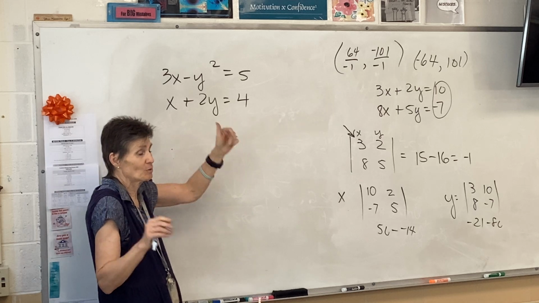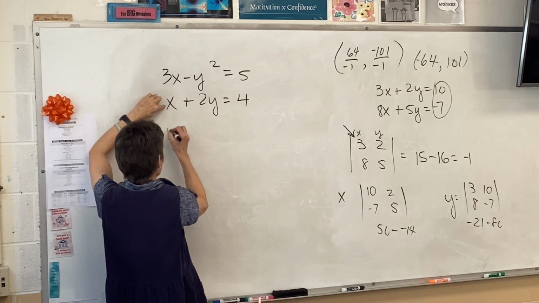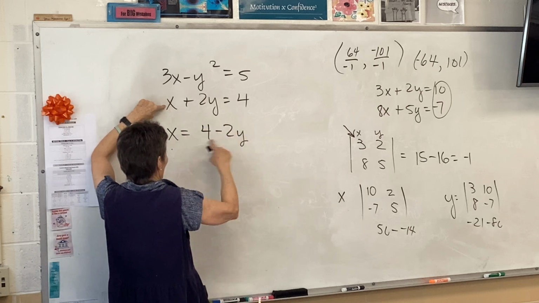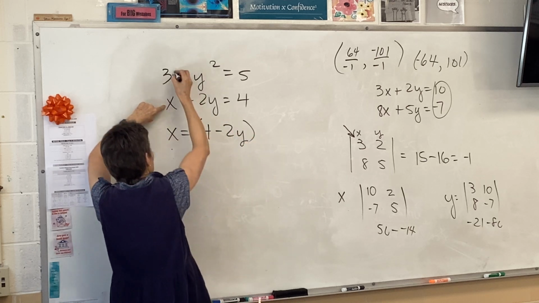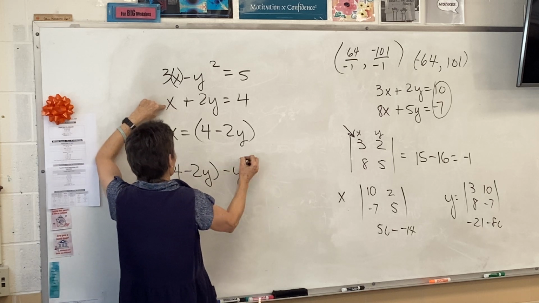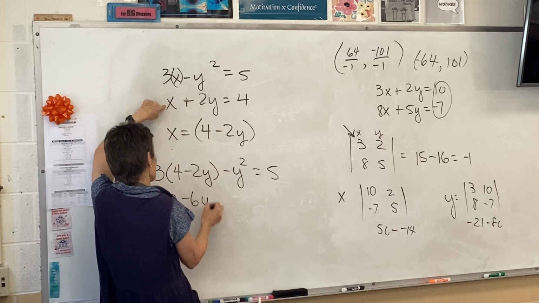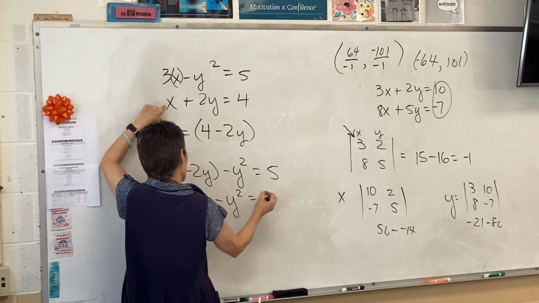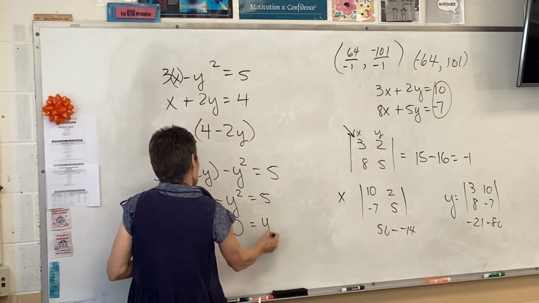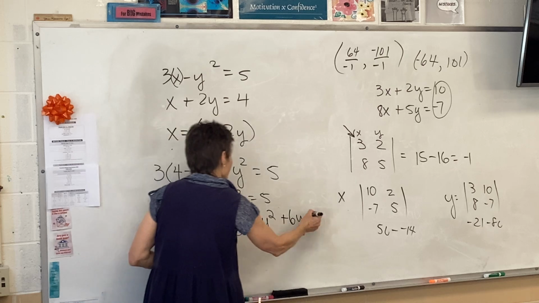So, Jake, you want to substitute or eliminate? All right, if we substitute, then I would definitely recommend solving for x. So x is 4 minus 2y, and then plugging that in right here. So 3 times 4 minus 2y minus y squared equals 5. So 12 minus 6y minus y squared equals 5. I'm going to clean that up. Shove everything over there. So it's going to be y squared plus 6y minus 7,